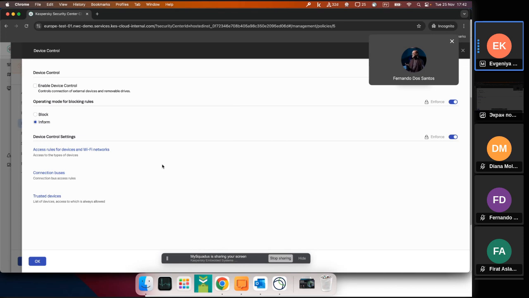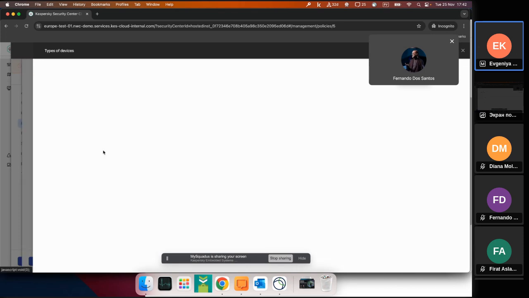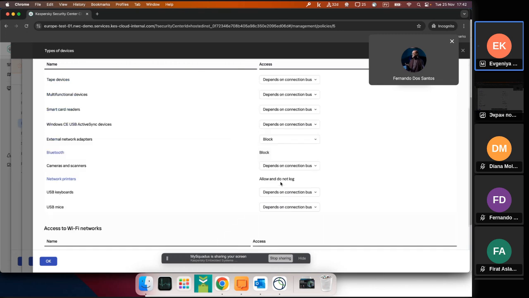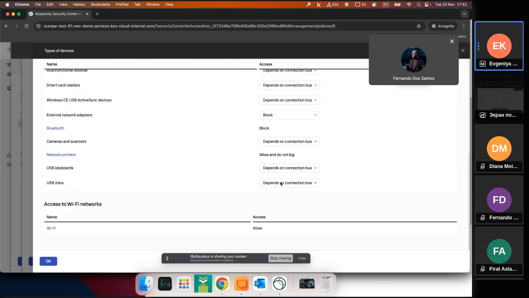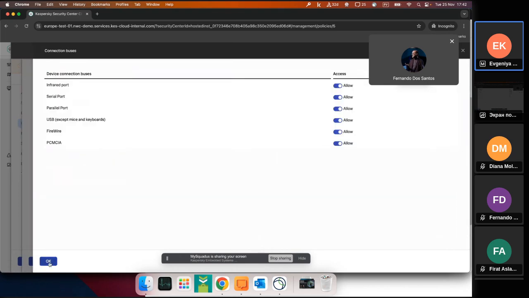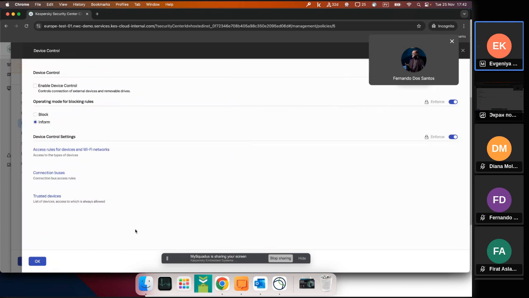First of all, Wi-Fi network controls was added to achieve a feature parity with Kaspersky endpoint security. Also, we have another improvement here, ability to manage access to devices via connection buses. Here it is. And also, there was made an overall interface improvements, and